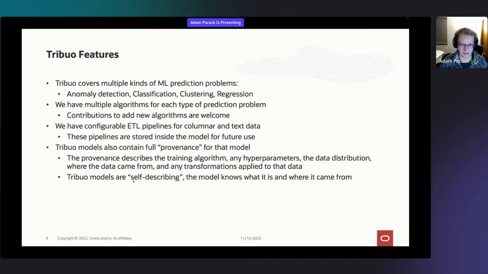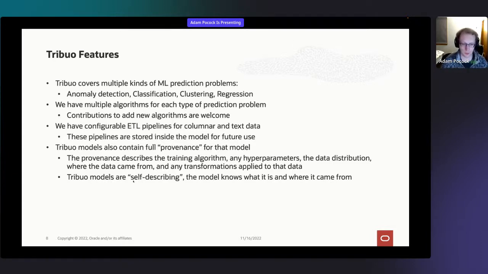We have configurable ETL pipelines for dealing with columnar and text data. Those pipelines actually end up stored inside the model, which means you can always inspect them if you need to look at the model and figure out what it is, or what you have to do to the data to get it to come in. The other thing that we added to the system that we think is really important, and which I'm going to go into in quite a bit more detail, is this notion of model provenance.